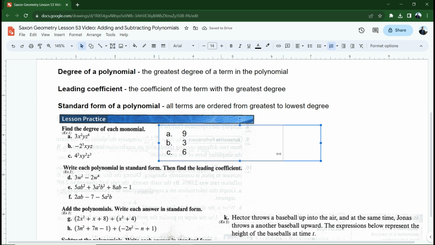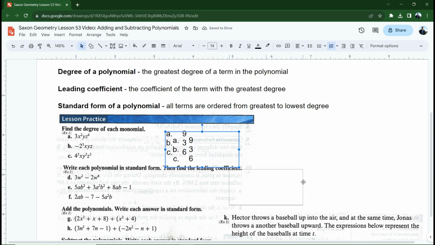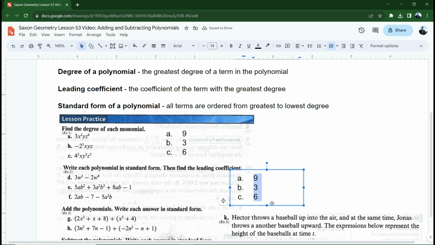All right, let's move on to letter D. We need to write each polynomial in its standard form. That's actually not too hard to do. I just have to find the one with the greatest degree, and it goes first, followed by the one with the next greatest degree. So this is, let's see, 2w to the fourth has the highest degree. So this one's going to be negative 2w to the fourth